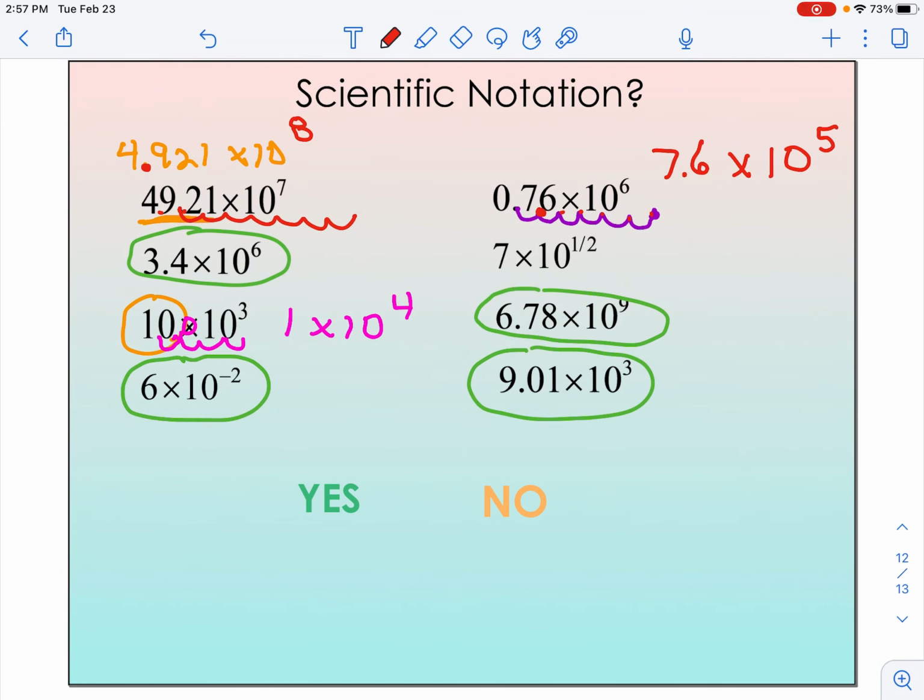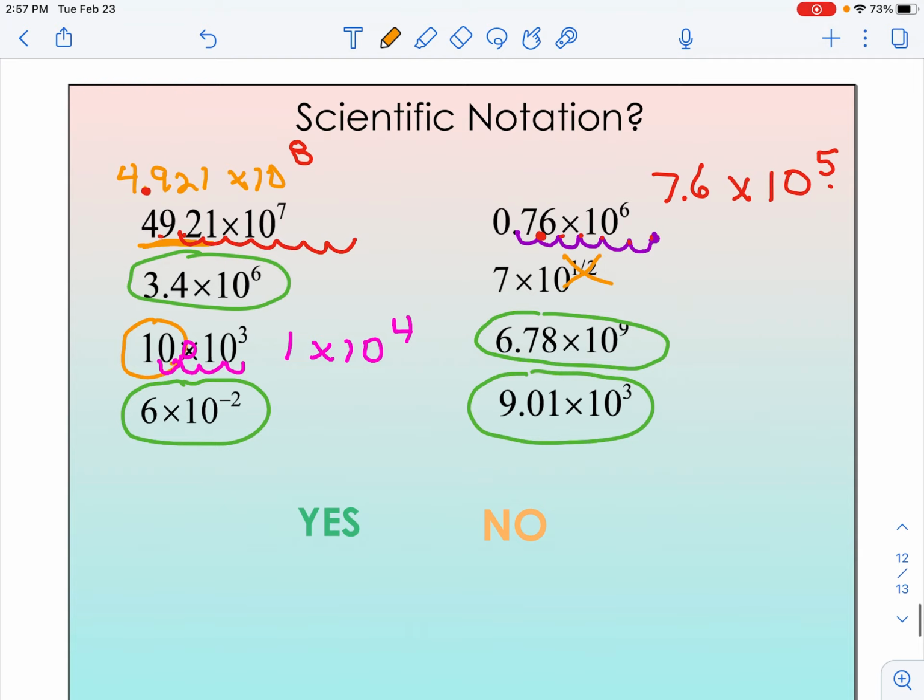And finally, this last one, we cannot have a decimal or fraction as an exponent. It has to be an integer, which is a positive or negative number. All right, so that's the end of our day 9 video for chapter